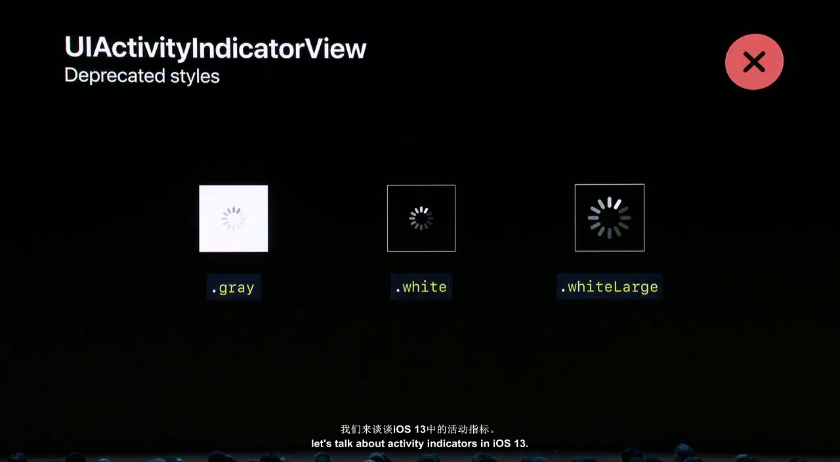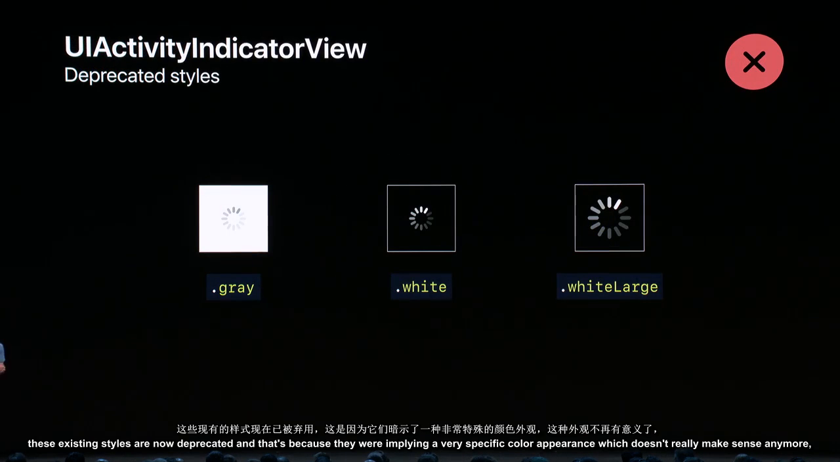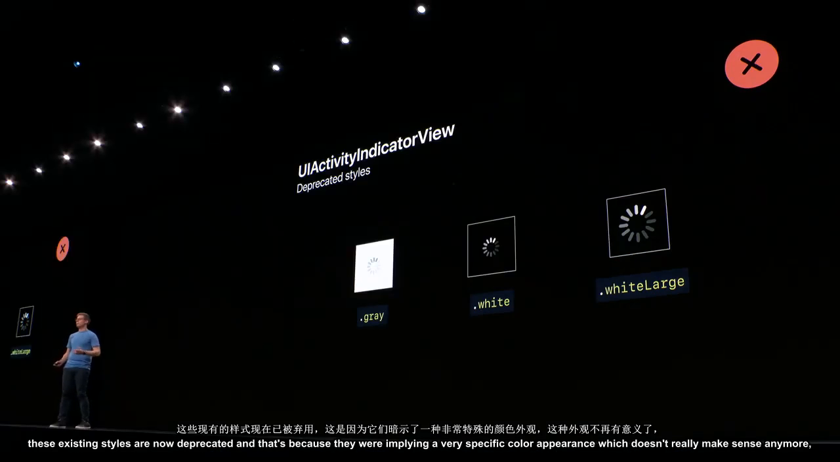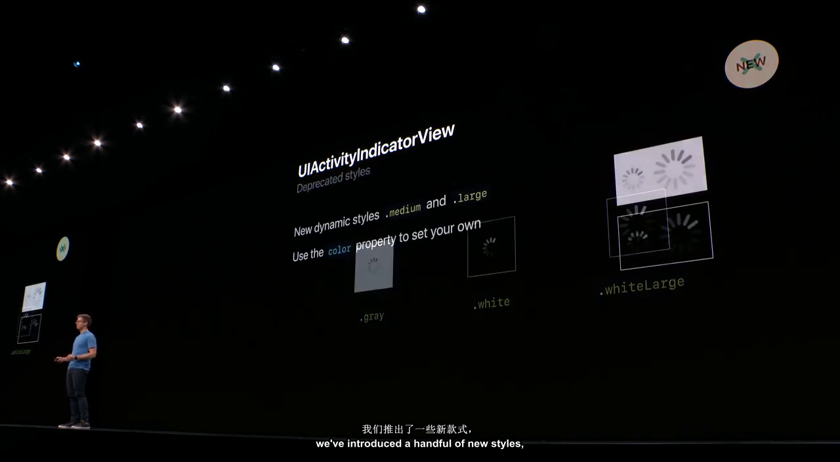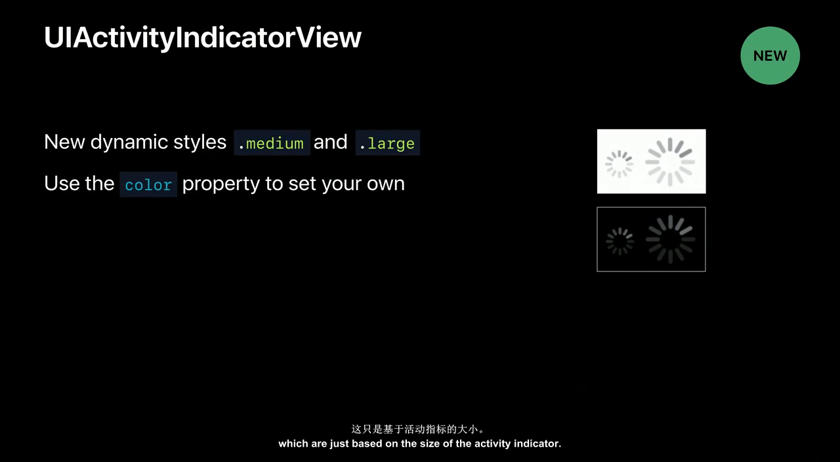Next, let's talk about activity indicators. In iOS 13, these existing styles are now deprecated, and that's because they were implying a very specific color appearance, which doesn't really make sense anymore. But in their place, we've introduced a handful of new styles, which are just based on the size of the